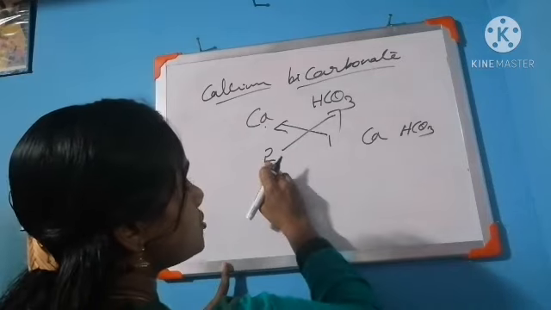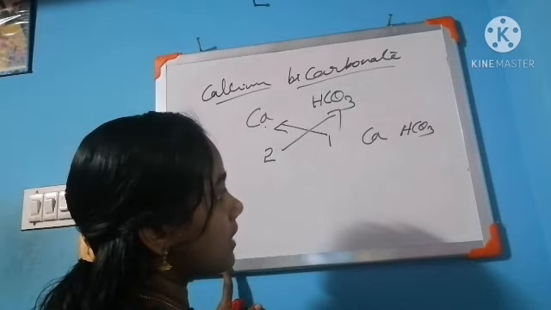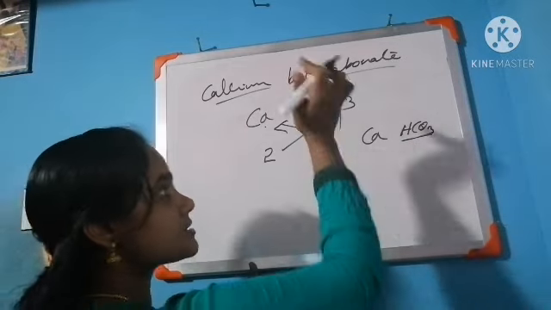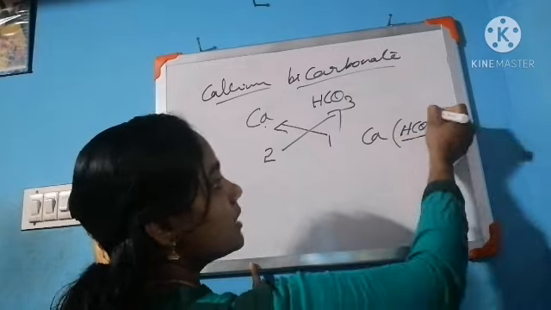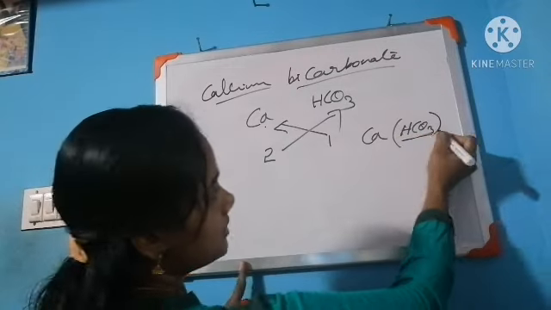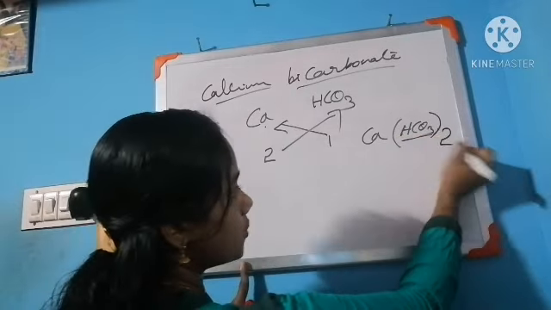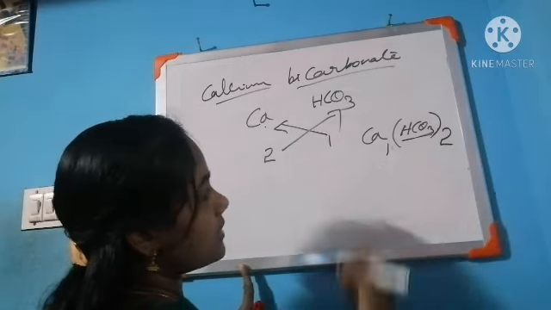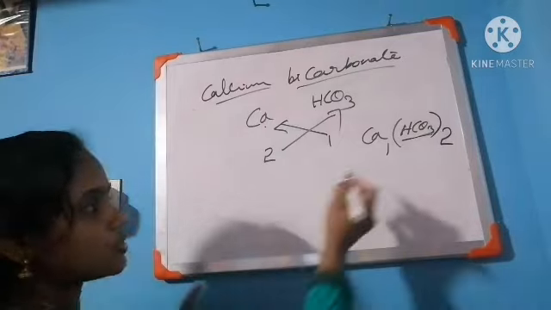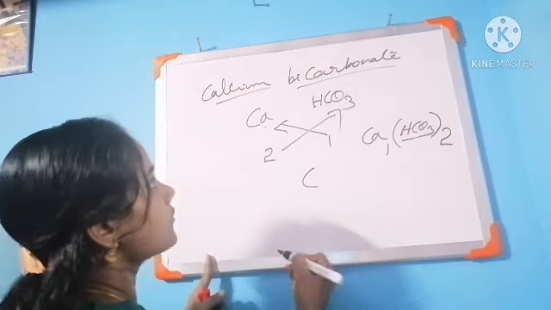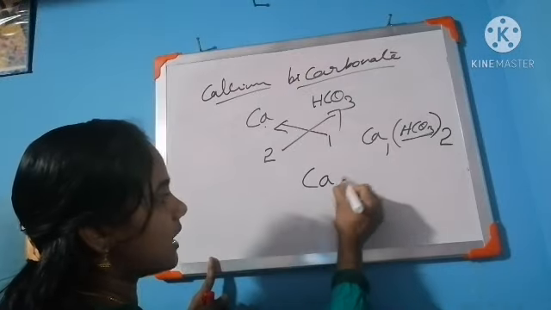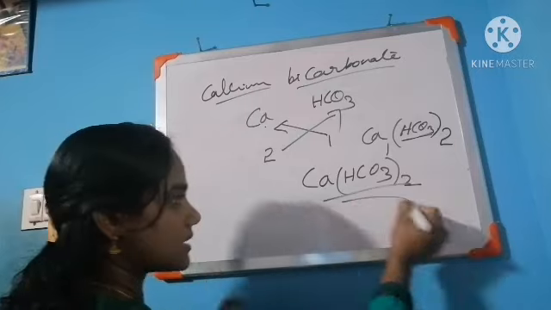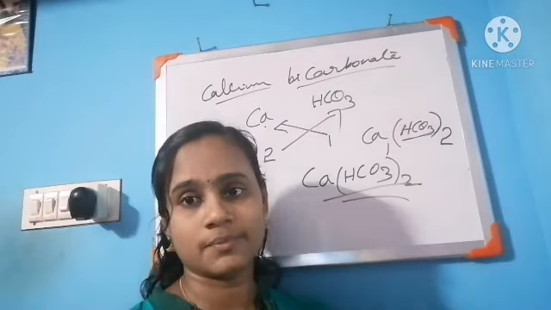Calcium valency 2 we should write under the subscript of bicarbonate. This valency 2 is needed for this hydrogen, carbon and oxygen, so start the bracket and close it, then you can write 2 under the subscript of bicarbonate. Bicarbonate valency 1 we should write under the subscript of calcium. So 1 is not needed to write. So the formula of calcium bicarbonate is Ca(HCO3) twice. Is it clear? Next example,